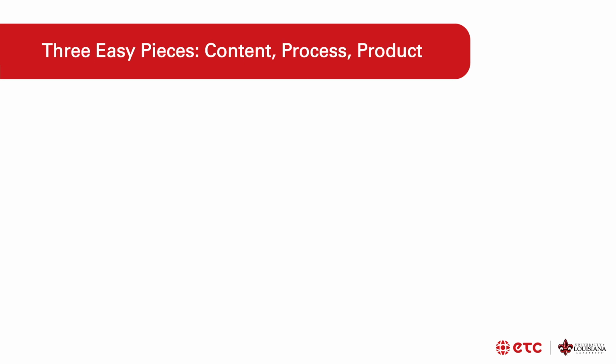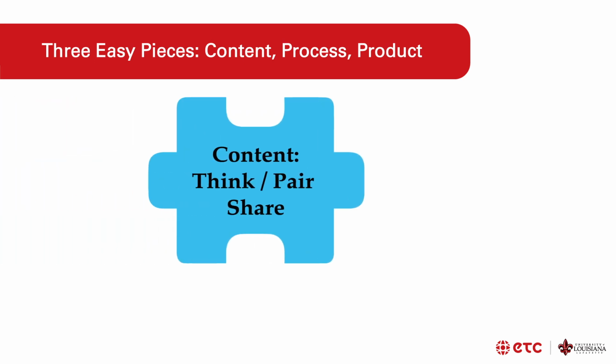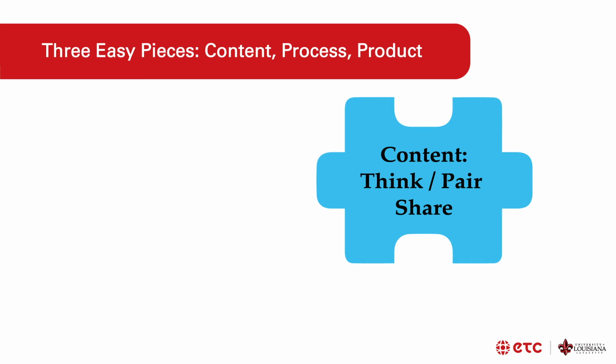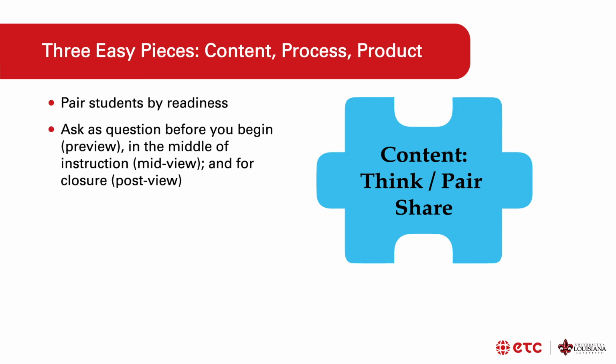So one of the easy pieces in terms of content is doing a think, pair, share. So you pair students by readiness levels. Again, we said near their readiness, maybe a little bit higher, but not too far apart. You can ask a question before you begin. So this is the preview. And in the middle of instruction, you can ask another question to make sure that they're understanding instruction. And then at the end of instruction, you can ask different questions again, making sure that the students are understanding what is happening in the instruction and giving them a chance to work with a peer to communicate